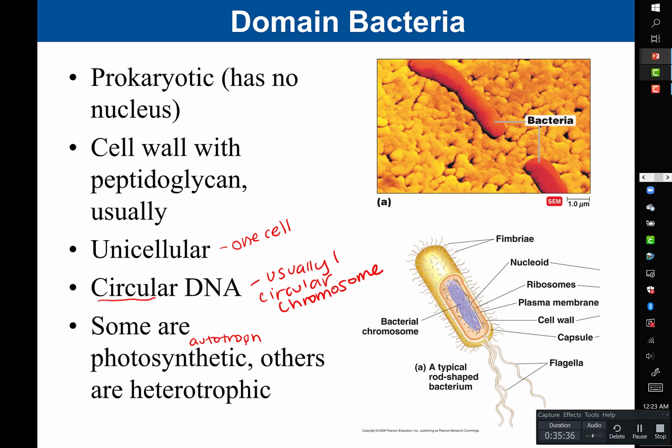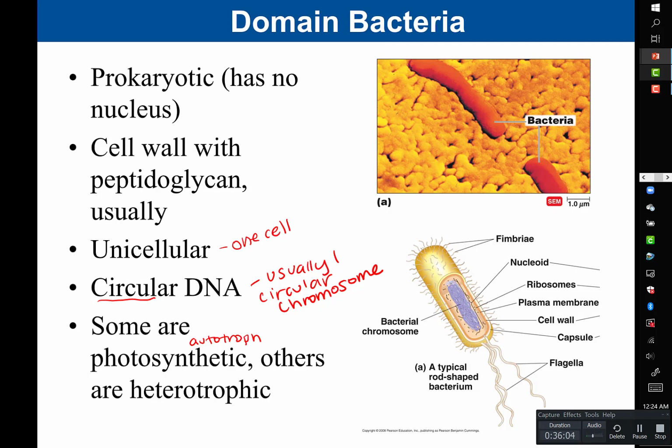Other bacteria, and probably most bacteria, are what we call heterotrophic. Hetero means other, trophic is referring to feeders. Heterotrophic, other feeders. They have to consume their food in order to survive. So bacteria can be either though. They can be autotrophs or they could be heterotrophs. If we look at structures that are in bacteria,